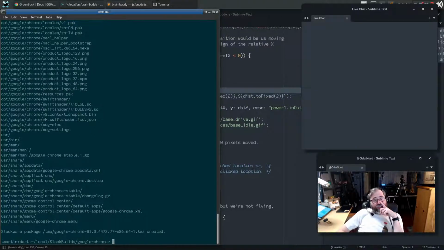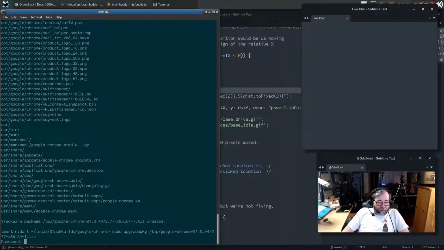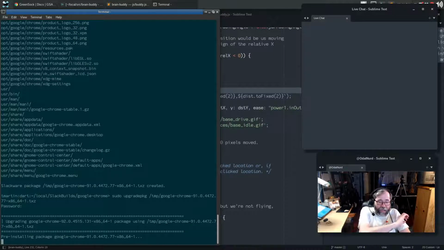The thought just occurs here now that we have Chrome updated, but it might interfere with my camera. So I'm going to update my Chrome, but I'm not going to restart it here.